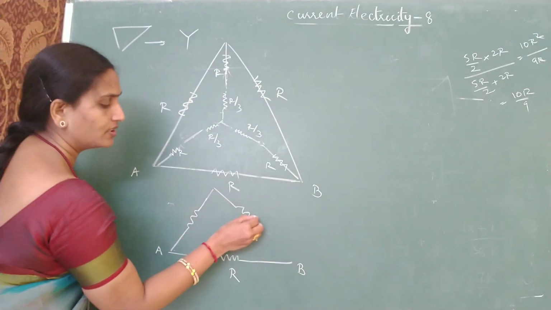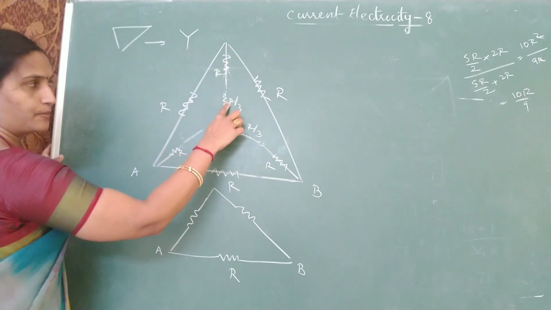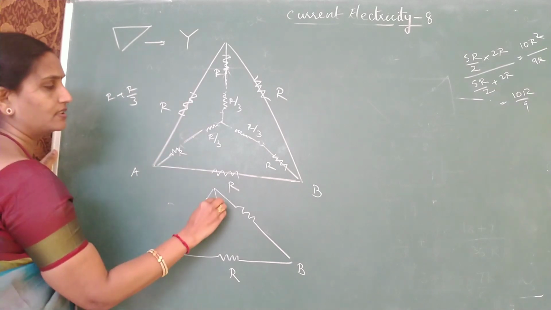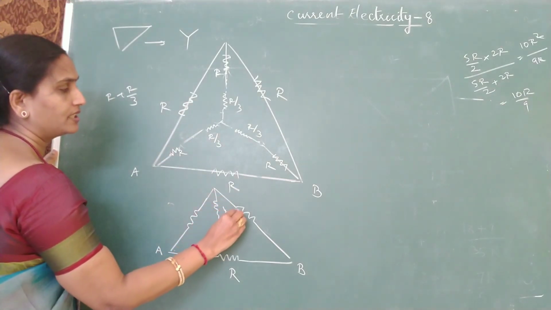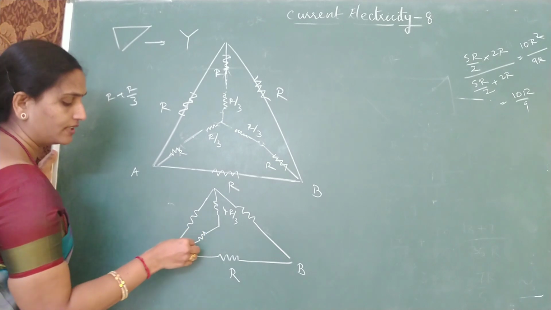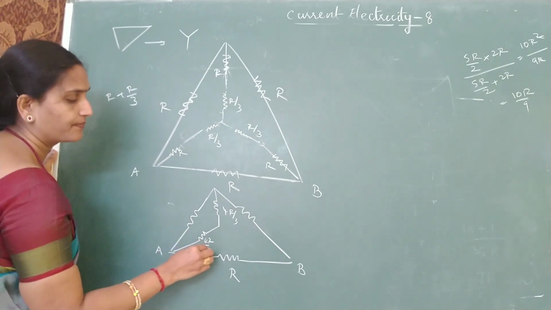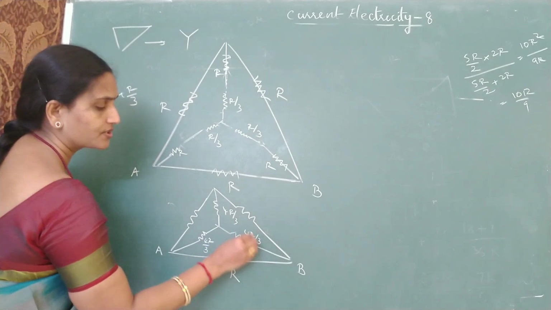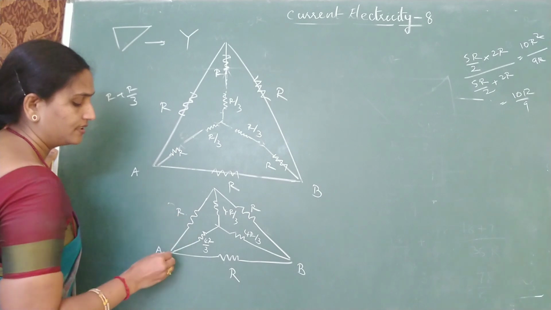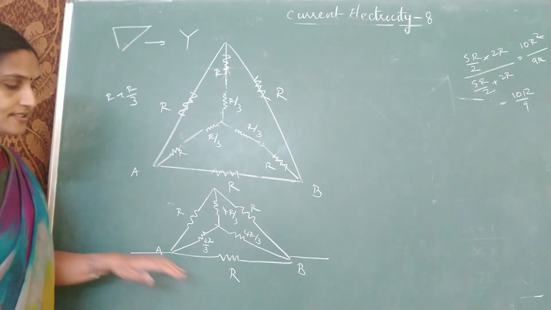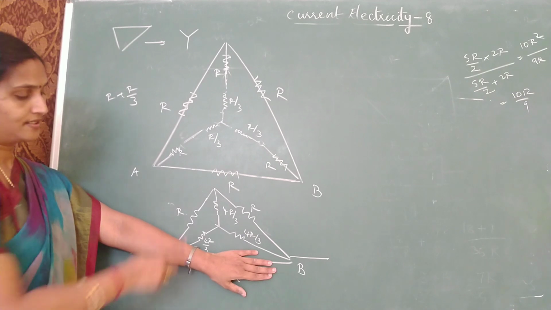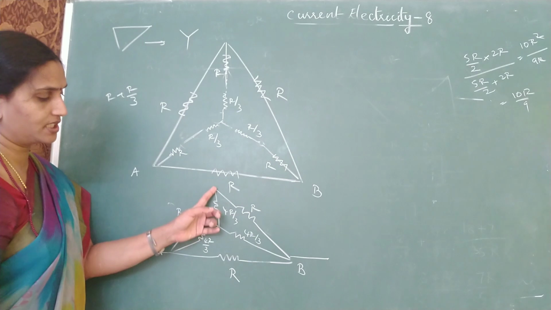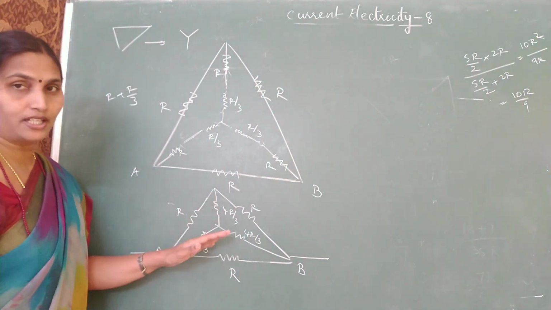Okay, the outer part I am giving here: R plus R by 3. Will it be R plus R by 3, 4R by 3? So make this 4R by 3. Here you have 4R by 3, same answer, 4R by 3. R and R. Now by this time you should know how to solve this. If I close it, is it a Wheatstone bridge? R by 4R by 3 is equal to R by 4R by 3. It's a balanced bridge. What will be the current in this central resistor? No current in the central resistor.